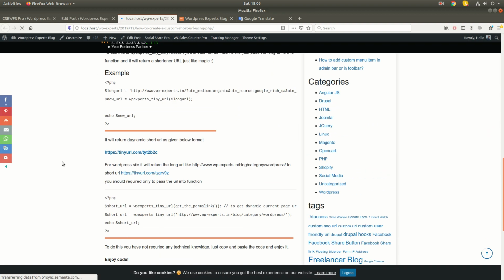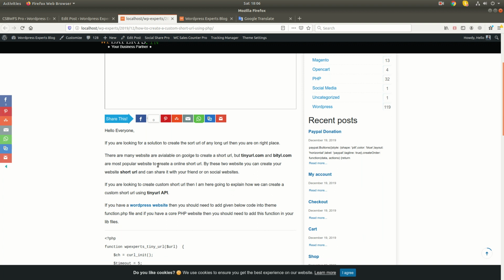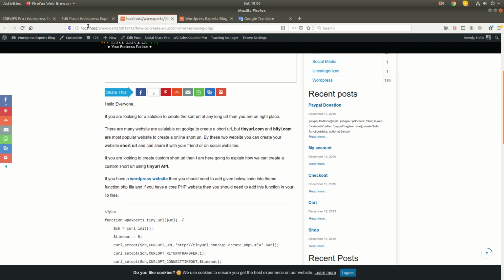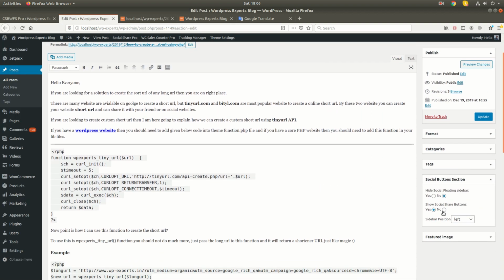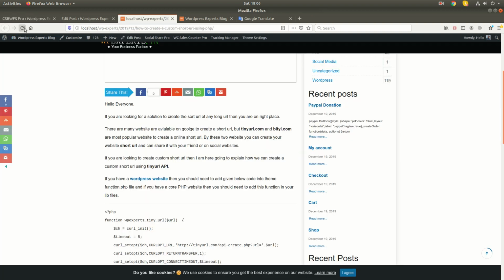So these buttons will also be on the left. In an upcoming version we will add a new option to define the position of the social share button, meaning above the content or below the content. Currently we have given the option only here, like we have selected bottom of the content, so these default settings are applying here.